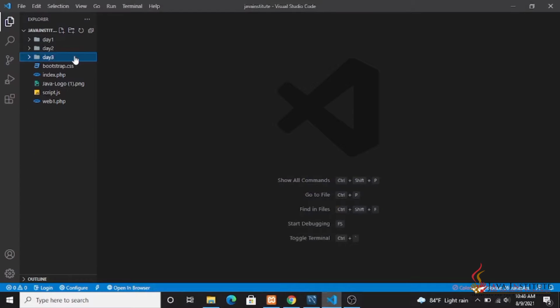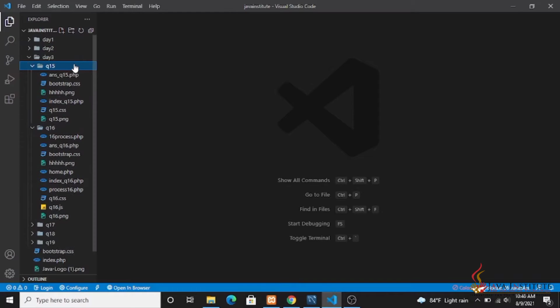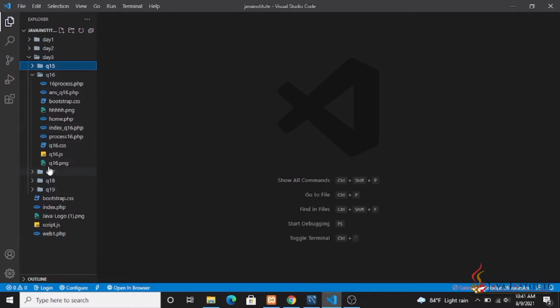In this day 3 folder, I have made this Q16 folder, and you can see some more files that I have created here in comparison with the Q15 folder. Here you can see I have created 2, 4, 6, 8 files for creating the functionality of this page.